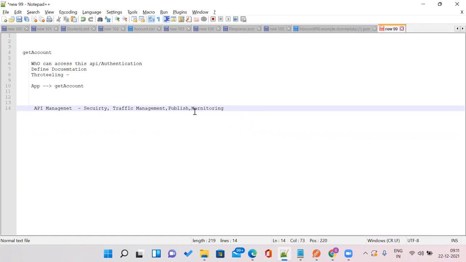So monitoring is nothing but, suppose let's assume you are a security provider, traffic management provider for APIs. You are going to publish those APIs. After you publish those APIs, someone decides to purchase your APIs for their business. Then how are you going to monitor